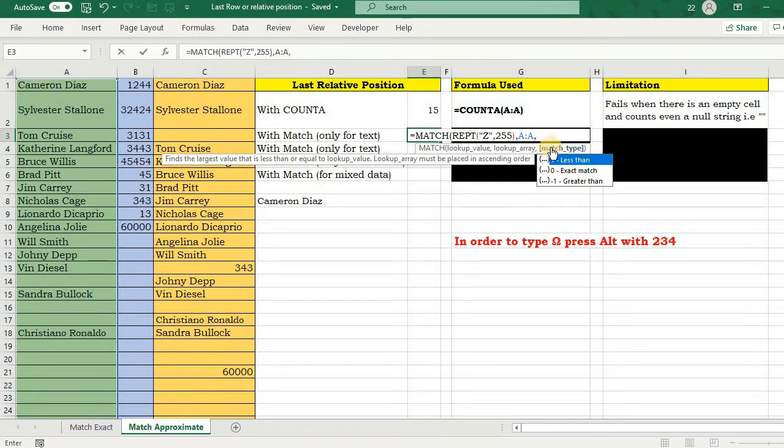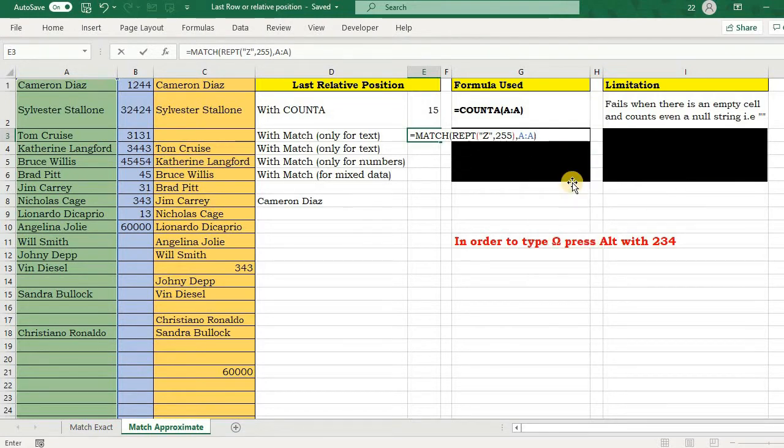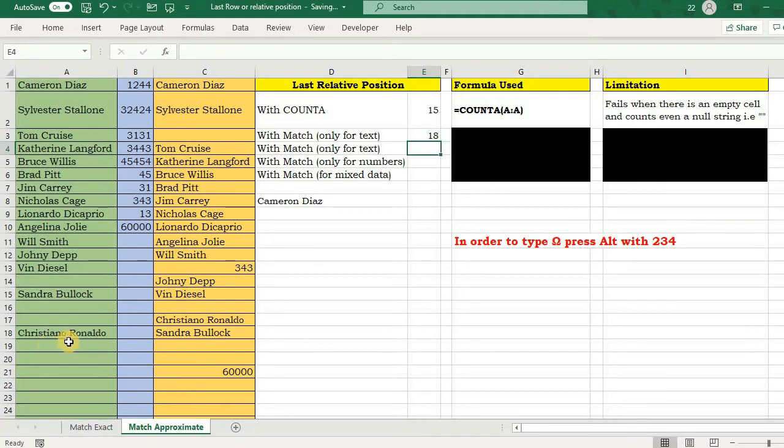And if I leave it here, this will automatically accept 1 as the default value. Also, I told you that in older versions of Excel, this greater than facility is not available. This is available with Office 365 only. So I'm leaving it here and see what it returns. So this is what I wanted.